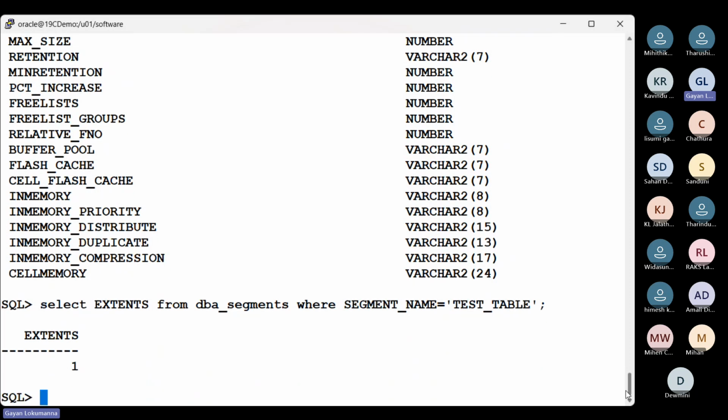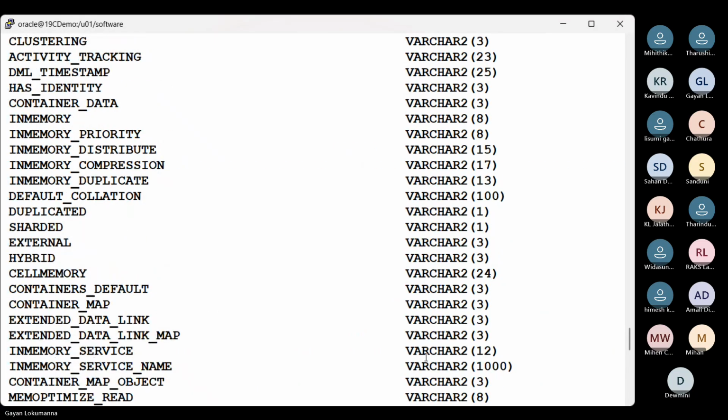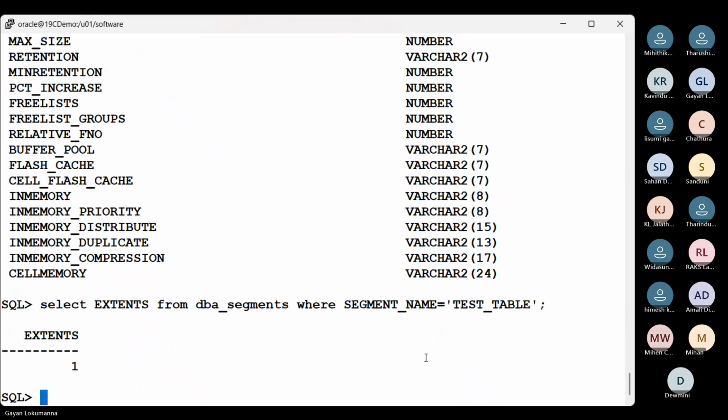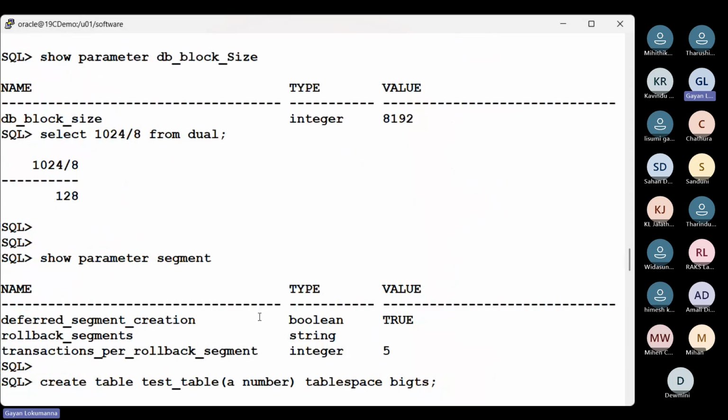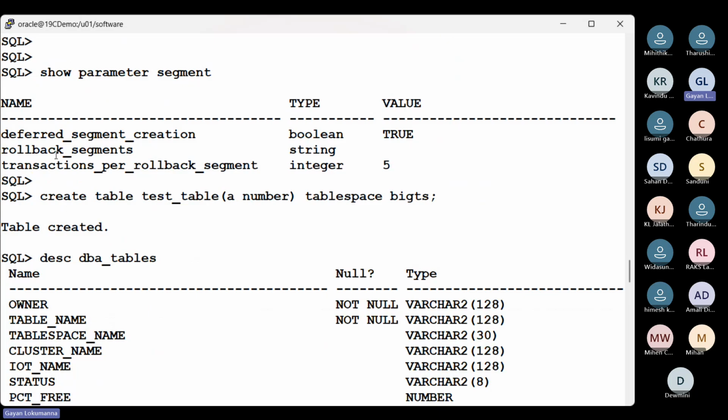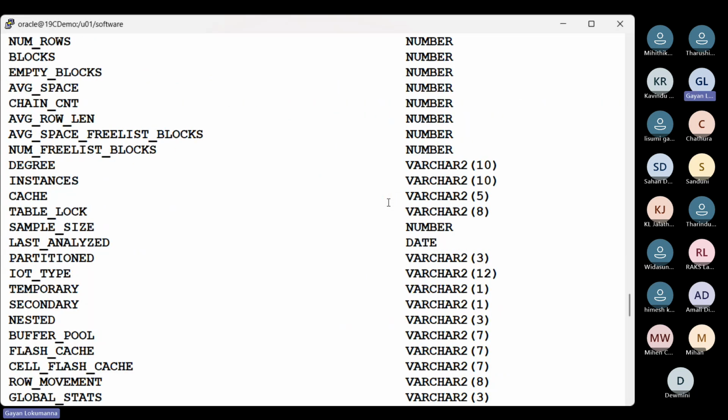Okay, so you can see here there is one extent. Ideally, we should not be seeing this extent because we have made this parameter defer segment creation, unless,